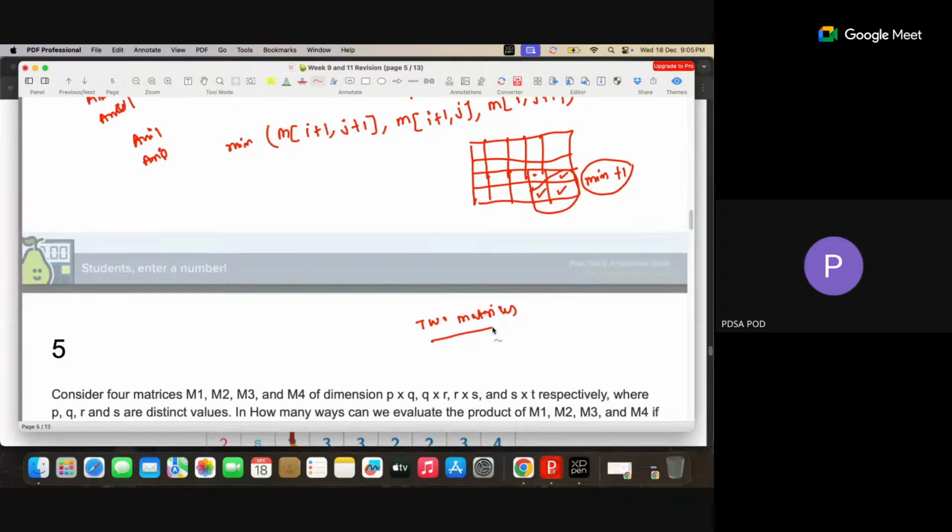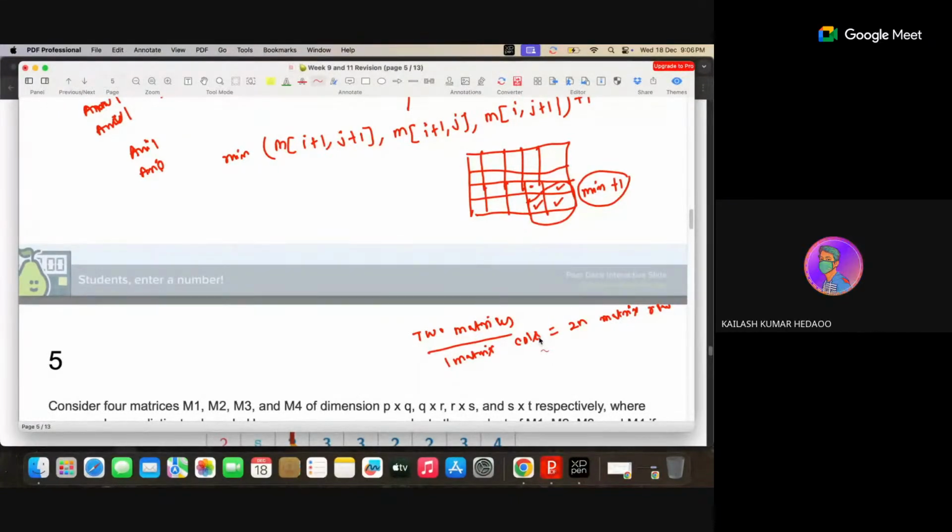The basic condition is that the first matrix's columns must be equal to the second matrix's rows. Is it right or wrong? Yes, true. This is the standard compatibility. Matrix multiplication is possible if and only if the first matrix's columns are equal to the second matrix's rows,